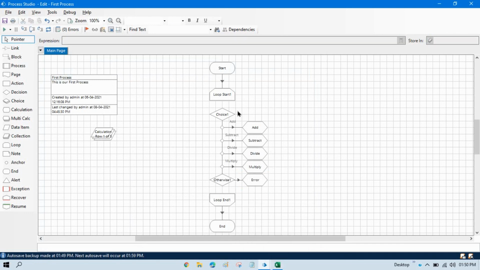Now we need to connect everything with the loop and then the end. We cannot directly connect this with the loop. Let me connect all these collections, calculation stages, with the loop end. And now we are ready to run that. Let me just link this also. I forgot to link that. Reset this. Now click on go,